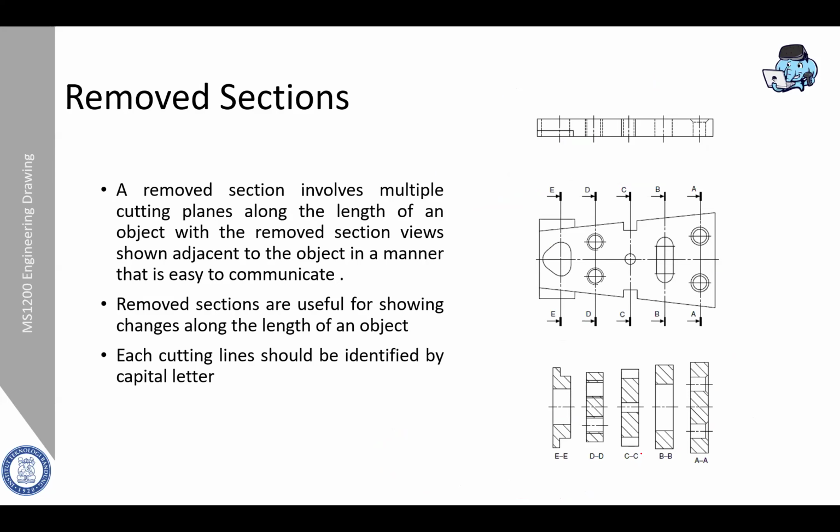And then the next one is what we call a removed section. A removed section involves multiple cutting planes along the length of an object, with the removed section views shown adjacent to the object in a manner that is easy to communicate. So, for example, we have this kind of part, and as we can see, the cross section of this part is not uniform.